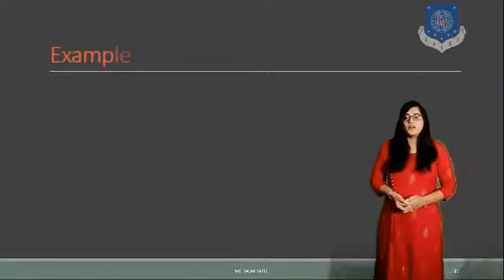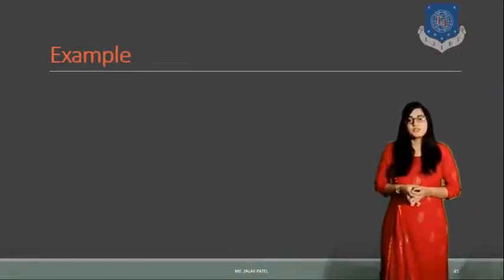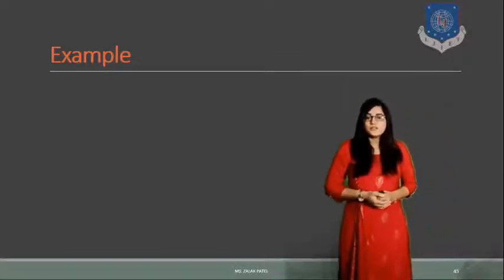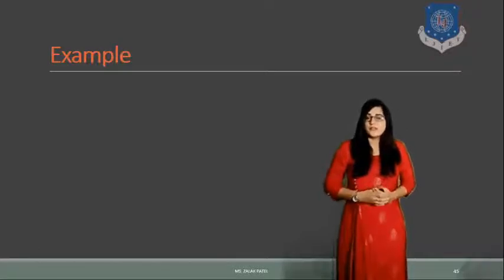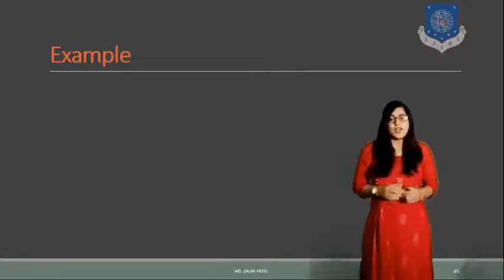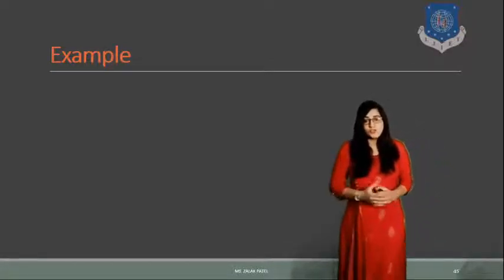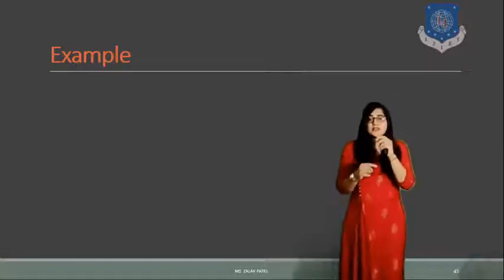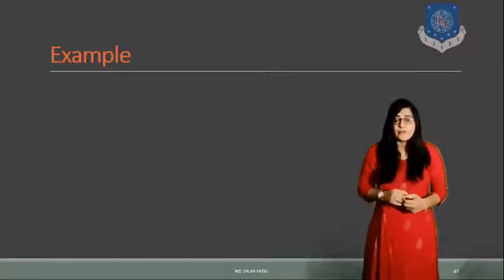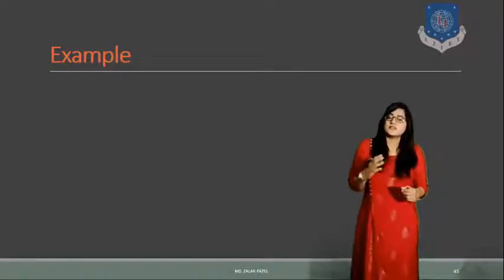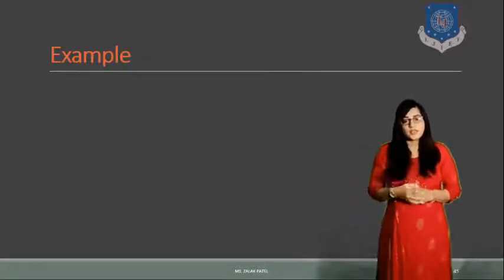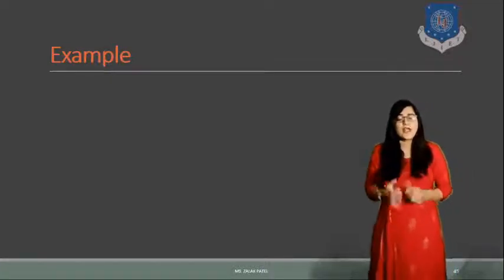First of all, let me discuss the uniform surface charge density that we discussed in the last lecture. Due to that uniform surface charge density, the magnetic field intensity is given by K by 2 cross AN bar. Here, this AN bar is similar to the AN bar that we already discussed in electric field intensity due to uniform sheet charge, that is rho upon 2 epsilon 0 AN bar. In that case, AN bar is a direction that we take as either positive or negative depending on the position of the point and the plane.